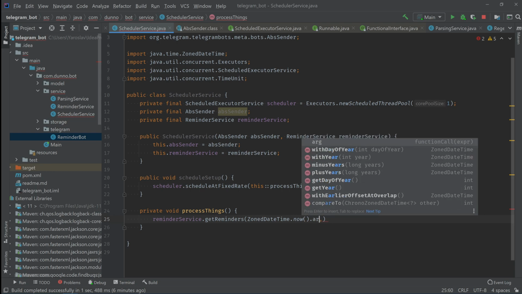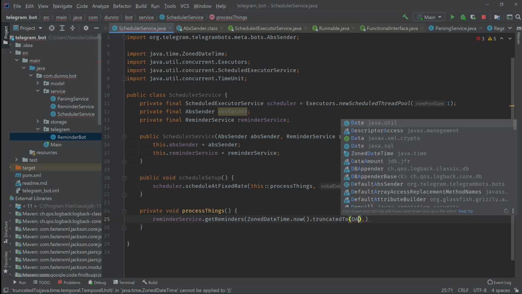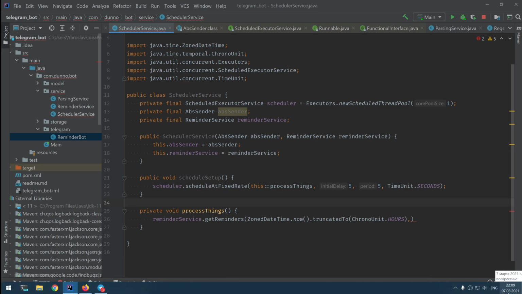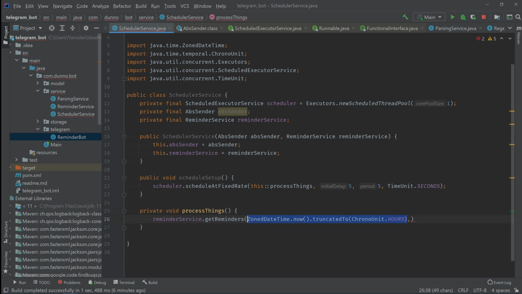Truncated to 2 days, or even I don't know, hours. Yeah. So this thing means that this date is going to be truncated to hours. So it's going to be not like 10 o'clock. Yeah, so it's going to be 0 o'clock. Well, basically that's going to mean start of the day. Okay, and this is going to be basically zone date time now. Let's just